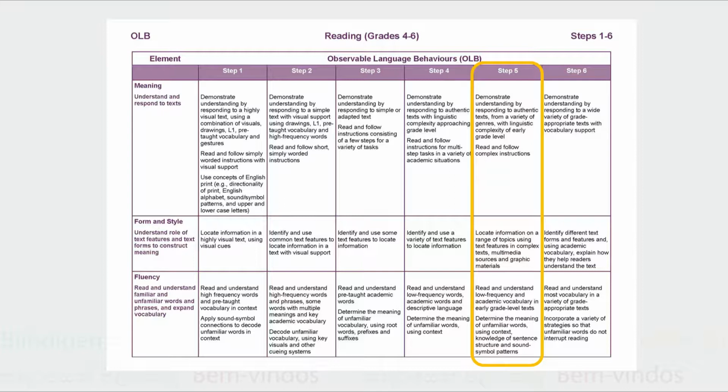Each school board has its own way of doing this. Some school boards maintain a hard print copy of the STEP continua for each student, while others use an electronic format. A student's STEP level is determined when a student has completed all the descriptors for that level. In this example, the student has completed all the Step 5 descriptors in reading, so the student is a Step 5 in reading.